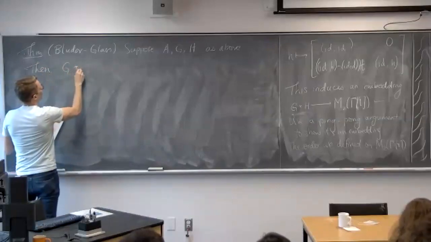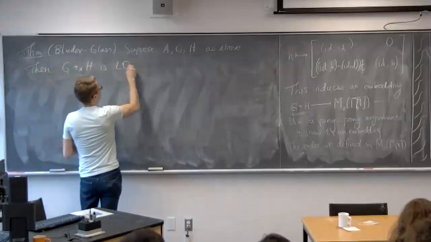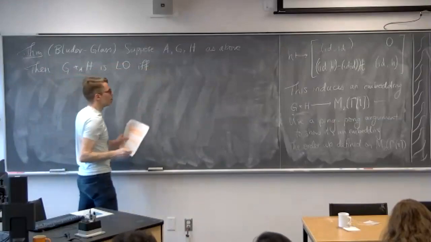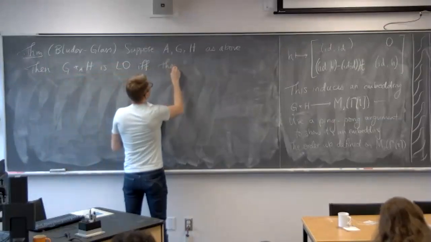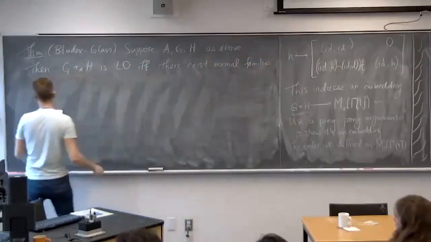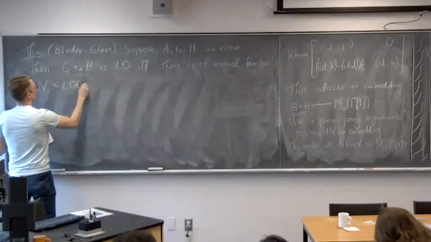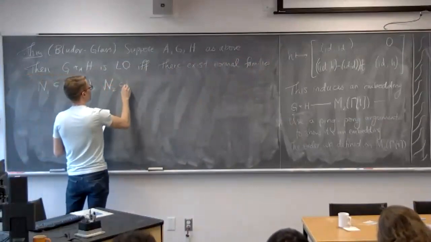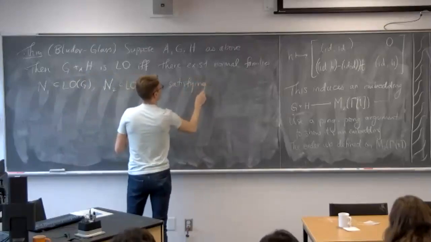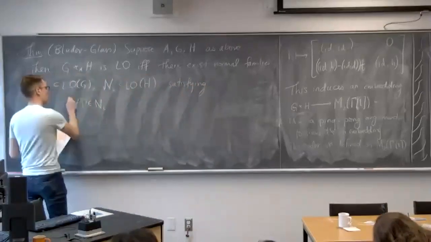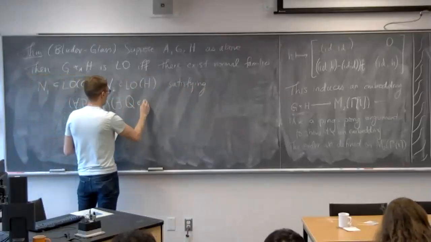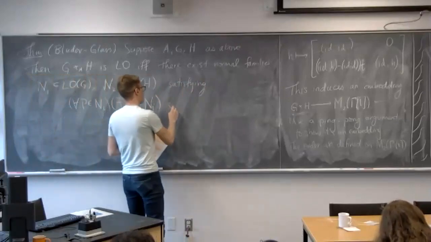Then this is left orderable if and only if, well, G and H are left orderable, of course. But also there exist normal families N1 in LO(G) and N2 in LO(H) satisfying, okay, let's write it. If you take a positive cone in one family, there exists a corresponding positive cone in the other family, such that